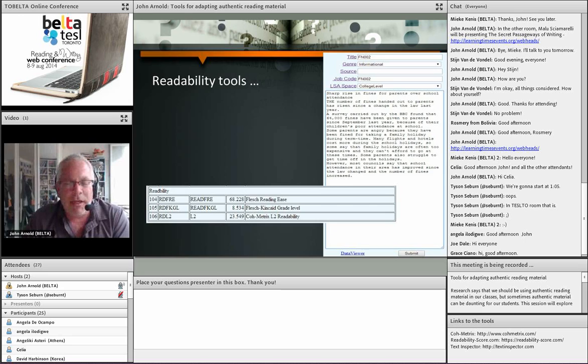They do have something called an L2 equivalent, but I found in doing my research that it wasn't always consistent at this point. And a lot of the research on readability related to L2 work says just that there's almost no reliable or valid formula at this point to determine L2 readability. So I don't use this last number as much as I use the middle number with my students. So they learned how to do this, and they learned how to measure readability. And I think they were pretty surprised sometimes at the level of readability they found in some text.